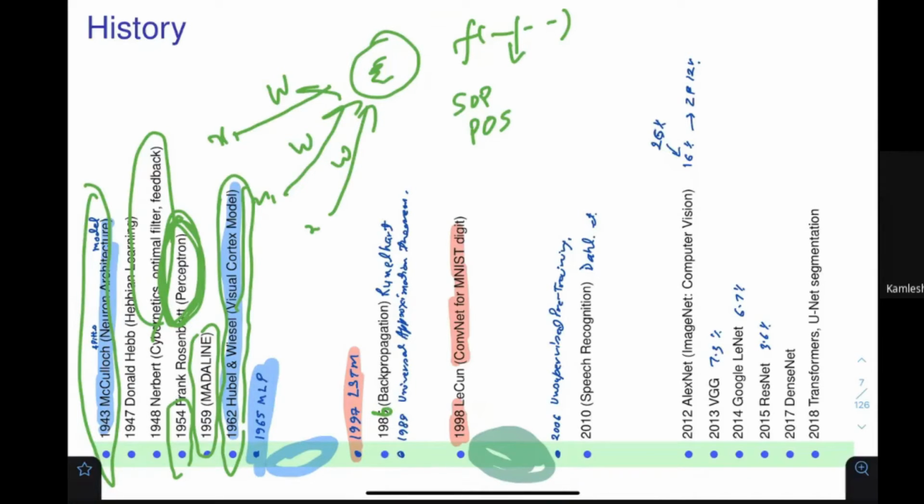But around 2006, again something happened, which was unsupervised pre-training. They introduced a concept that if you want to train very big things, you can do it in an unsupervised way, meaning you need not find out all the things over there. So again, automatic training of bigger networks became possible. And in the speech recognition domain, around 2010, the neural network again showed very excellent performance. Very quickly people started talking about this again,